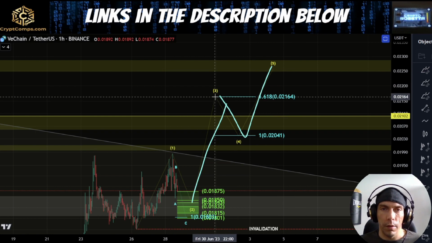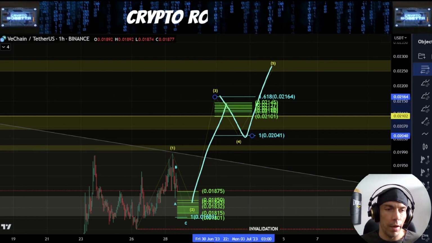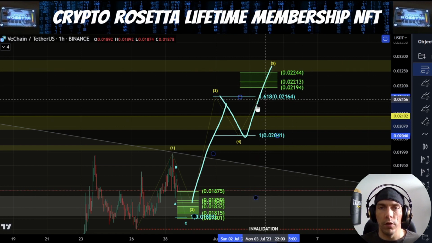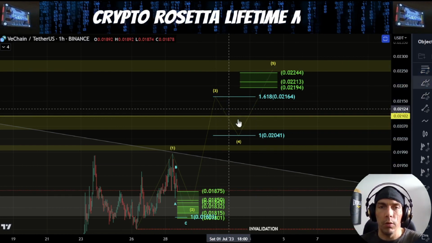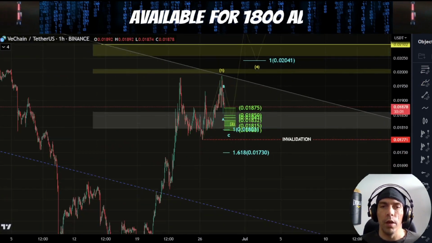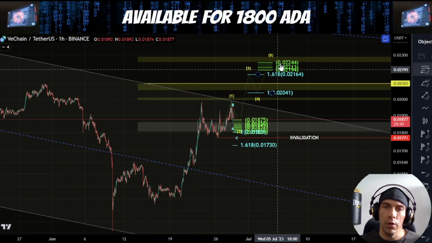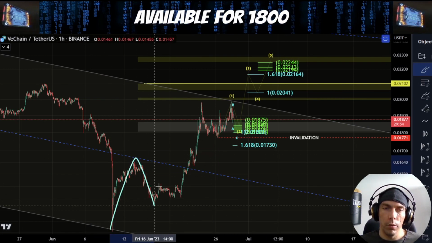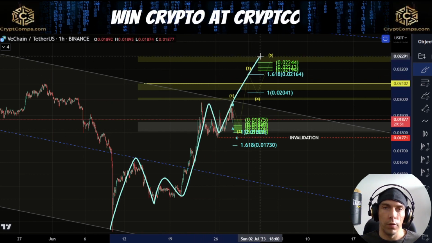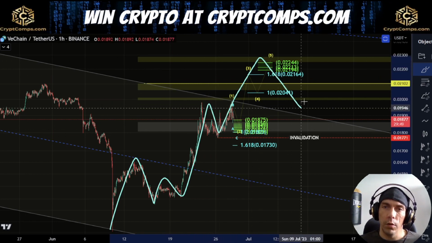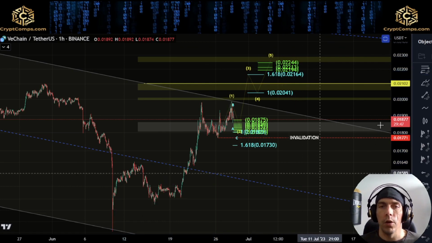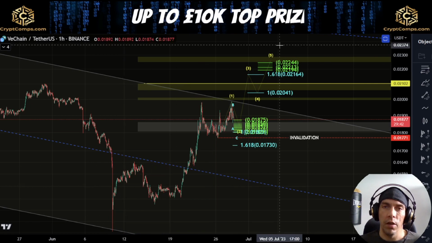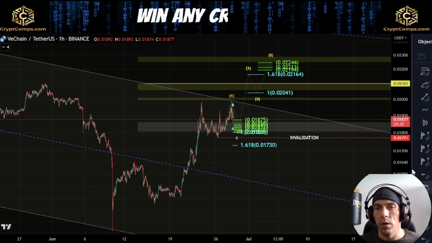So the actual target for that 5th wave would actually be slightly higher than what I said. So it would be here towards this 2244 to this 2194 range. So that would be what we'd be looking for if this is extending out in that way. Now, the thing is, if we do have an extension in that way here, we'd have to be mindful that it could be that this is 1, 2, this is 1, 2, 3, 4, and then this is a 5th wave that's extended. Then we'd still be potentially looking for a 4th and a 5th. So this is looking for that possibility of having a direct breakout here where we actually see a bigger 5-wave move to the upside looking to develop.